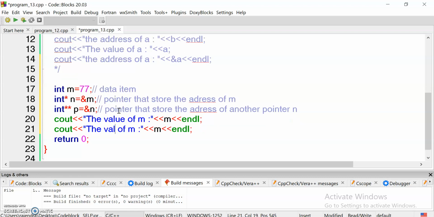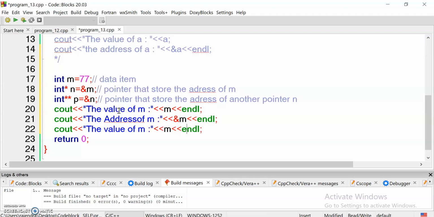And the address of m is, we just write the address operator, and we can also write this like, address of m is in this pointer n, so we can write n here. It prints the value of m, 77, and here it prints the address of m, so these both are the same.